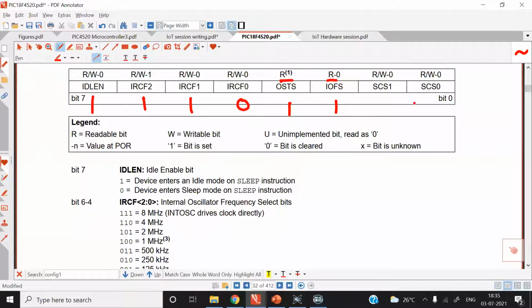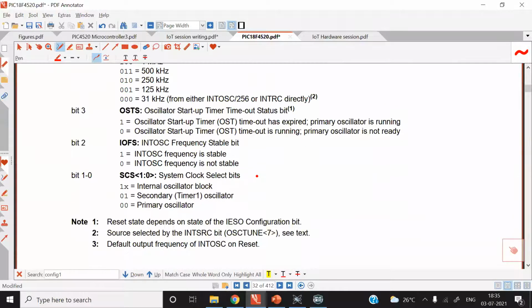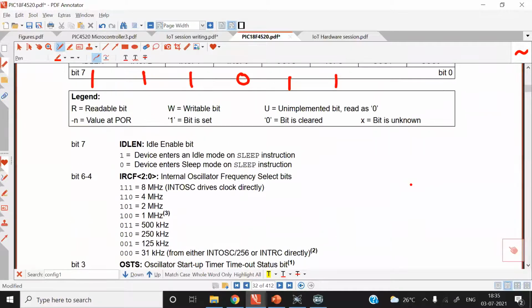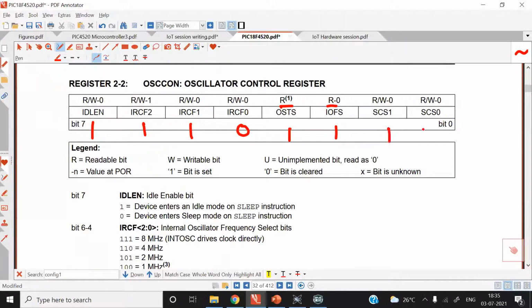Then the last 2 bits. As we want to use the on-chip oscillator, the value of these last 2 bits should be 1, don't care. That is either 11 or 10. So I am putting 1 1 for the last 2 bits. Now group the first 4 bits together and convert into a hex number. So 1110 becomes hexadecimal E. And the last 4 bits grouped together become hexadecimal F.